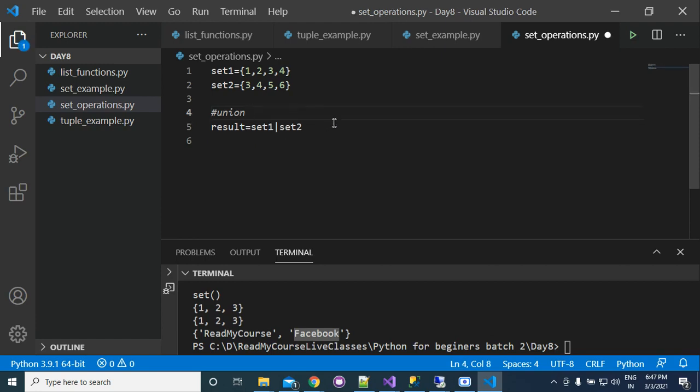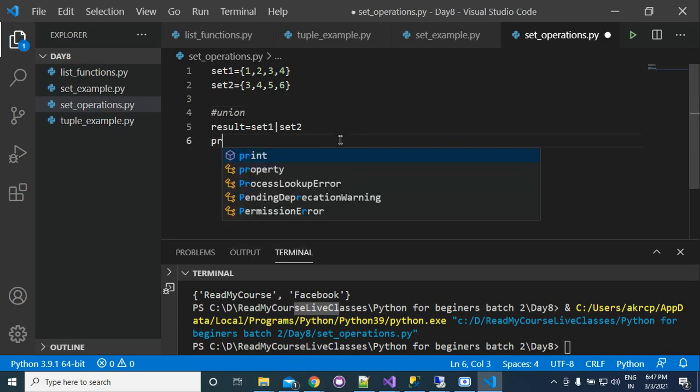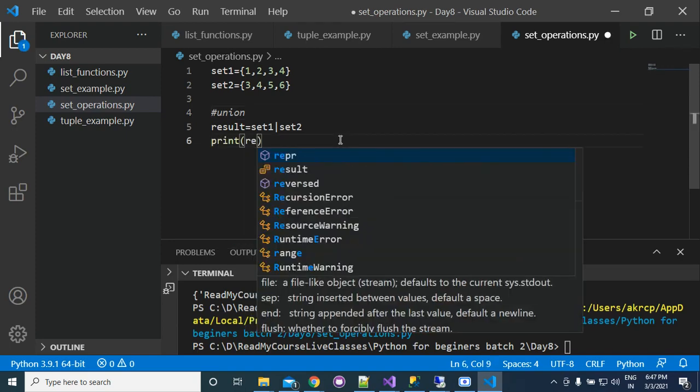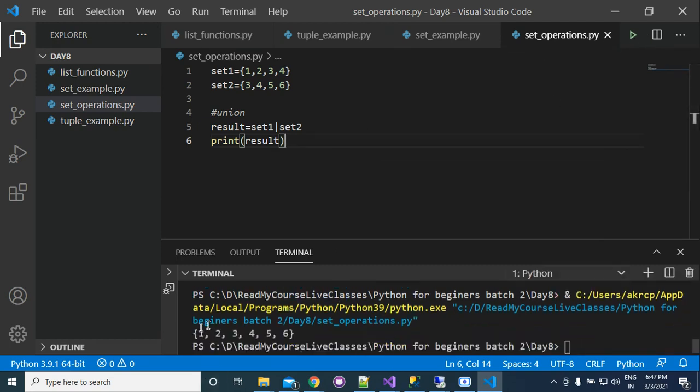So the union operator is this. If you run your program and print your result, you will get 1 2 3 4 5 6. Our set 1 was this and set 2 was this. After running union, we are getting 1 2 3 4 5 6. I told you that union returns all the items present in set 1 and set 2. So it is returning 1 2 3 4 5 6.